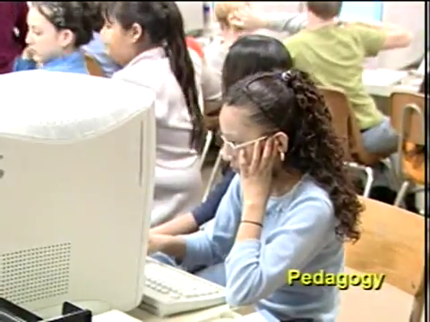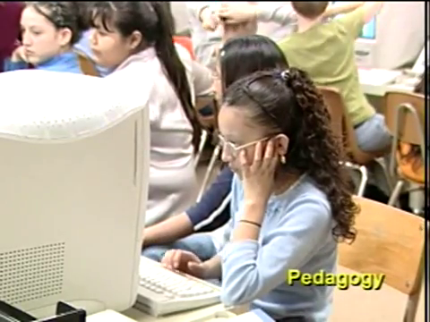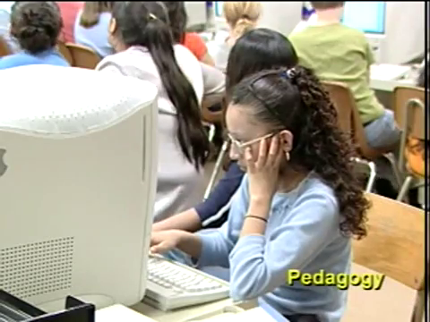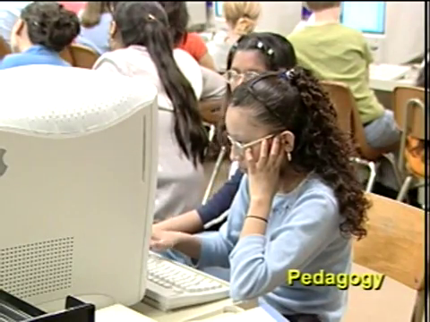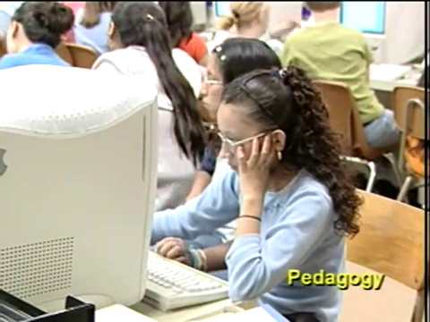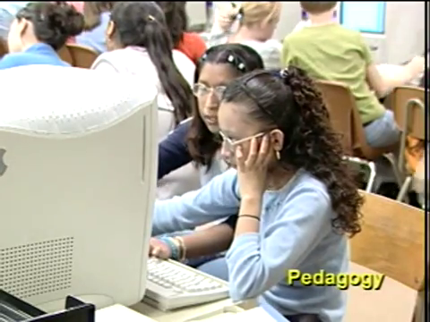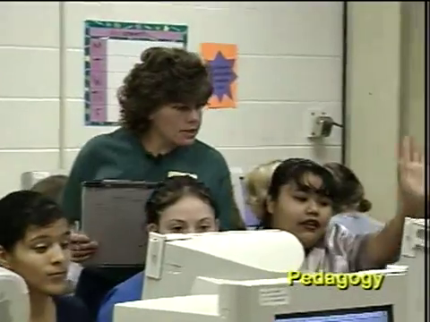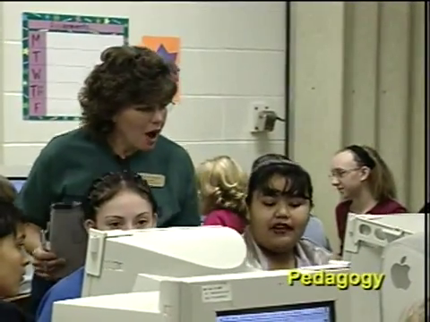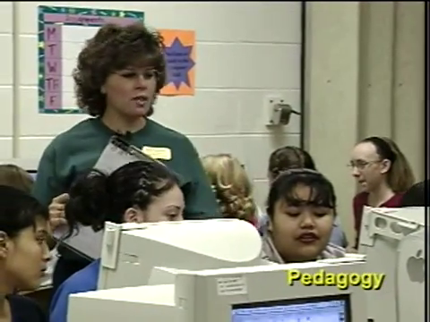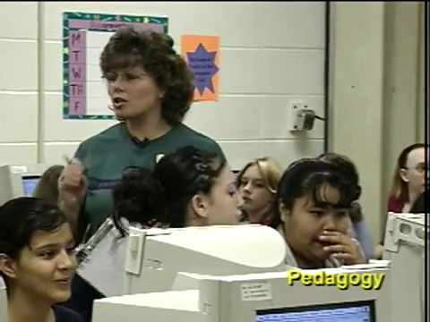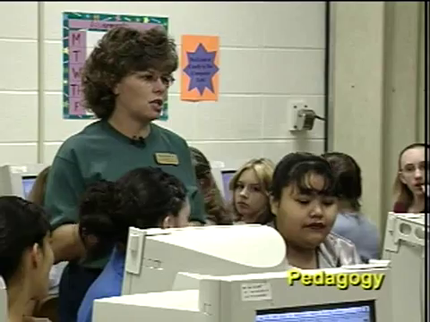One student found a Spanish-language website that provided information on the sport she chose to research. The teacher points out that the linguistic skills the student has to use to explore this site enrich her learning experience. The teacher demonstrates an element of pedagogy by encouraging a meaningful application of knowledge on the part of her students. Good. That's okay. Oh, this is wonderful. Girls, I know I'm interrupting you and I apologize, but such good things are happening, I've got to stop and share.